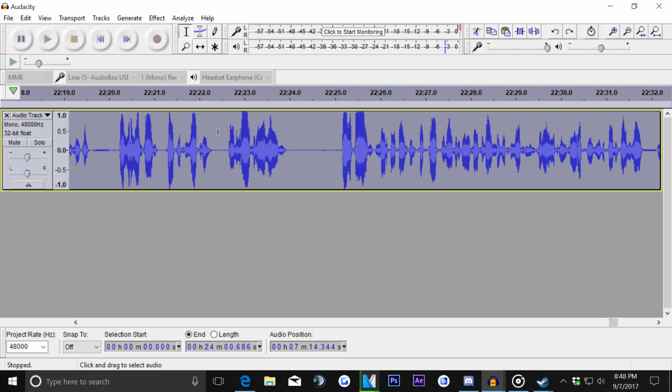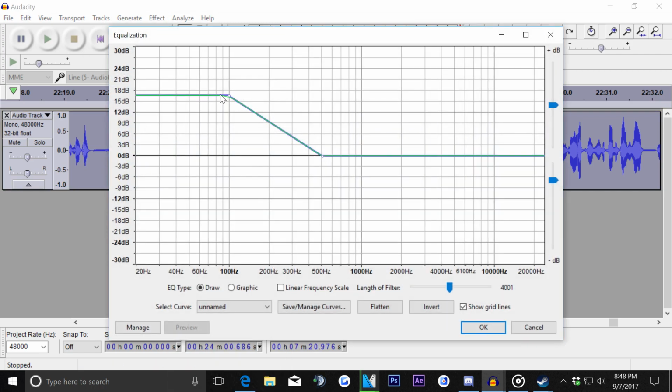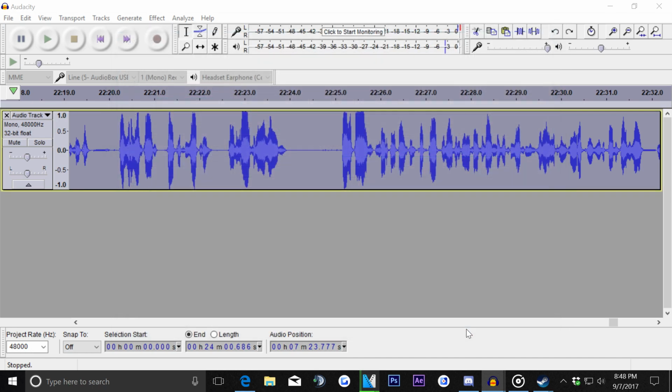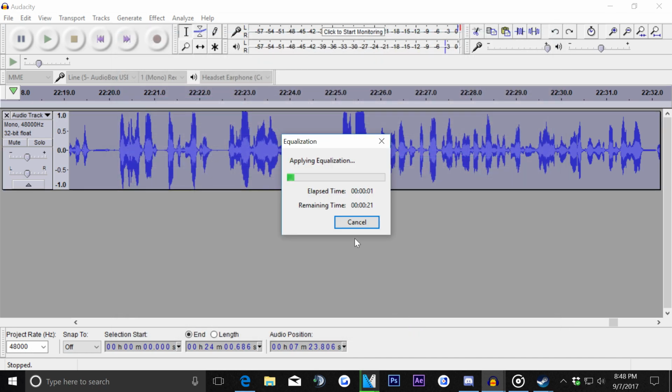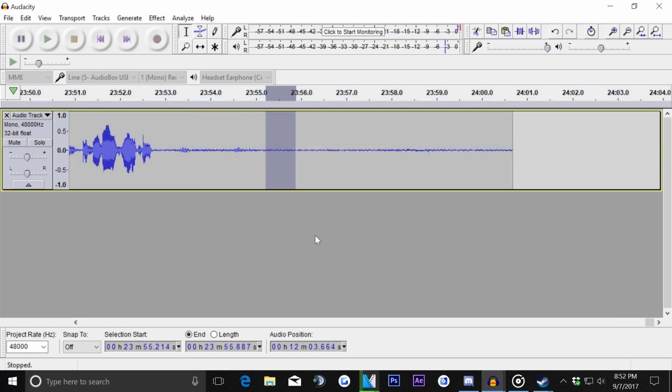So first thing I do once I'm done recording is I click stop recording, obviously, and then I add some bass. So I have a filter here. It's a bass filter that I tweak and makes my voice nice and bassy. So I apply that. Okay guys, so the bass filter just finished applying, and as you can see, the areas